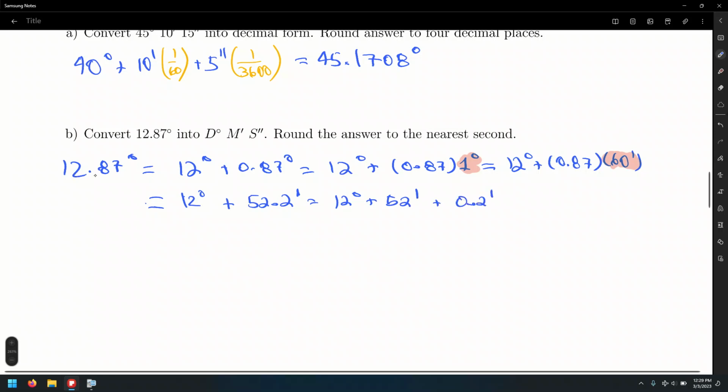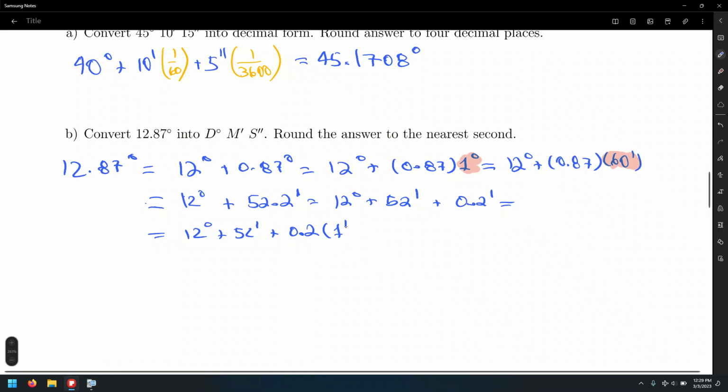In the same way that 12.87 degrees is equal to 12 degrees plus its decimal part, same here with the minutes. 52.2 is the same as saying 52 plus 0.2. But now we are going to convert these minutes into seconds. So this is the same as saying: 12 degrees plus 52 minutes plus 0.2. Instead of saying 0.2 minutes, I'm going to say 0.2